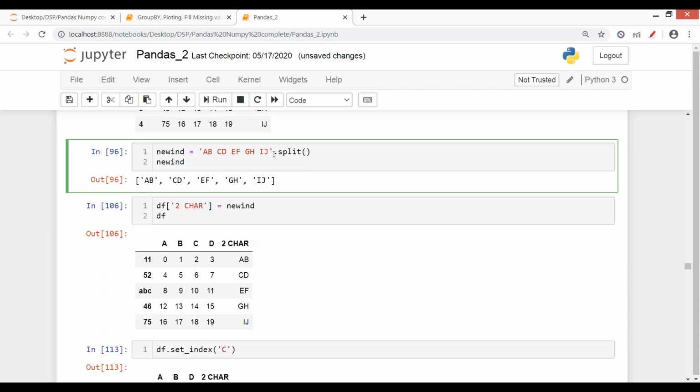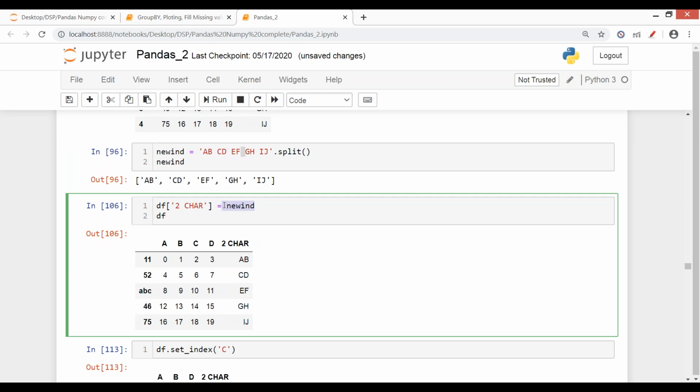So what does dot split do? Because I have not defined any separator here, it will segregate your data on the basis of space. So every word, like after these 2 characters we have a space. You see, then this is my list. I've gotten a list having the same length as my data frame. So I've created a new column, and it was stored into this new variable. And now I've created a new column using this.